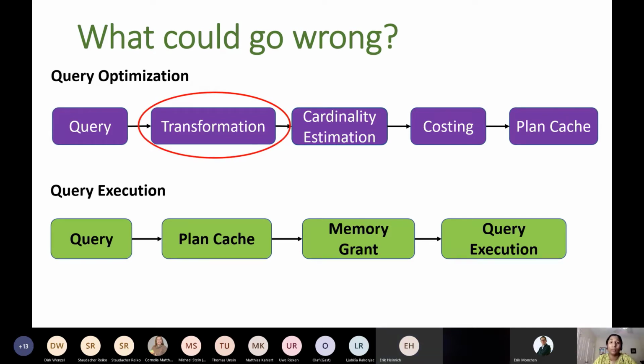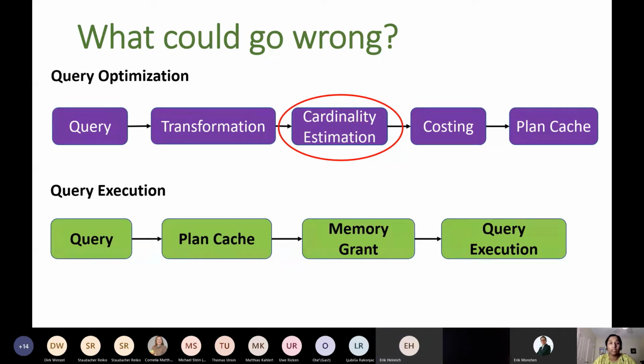At the transformation phase, many transformation rules are checked, and at a certain point the cardinality estimates are checked against those execution plans. At the transformation phase, several different kinds of query plans will be created, and for each and every query plan that is created, the cardinality estimate should be checked.